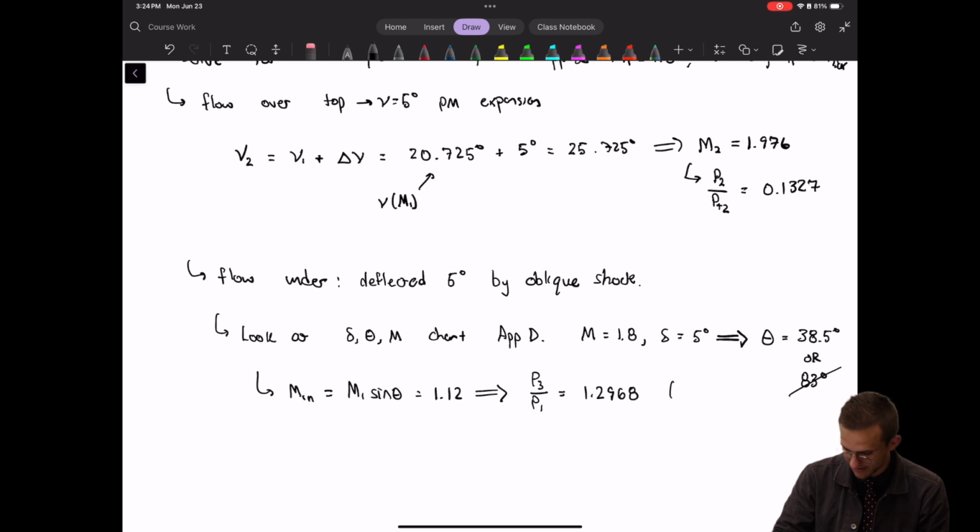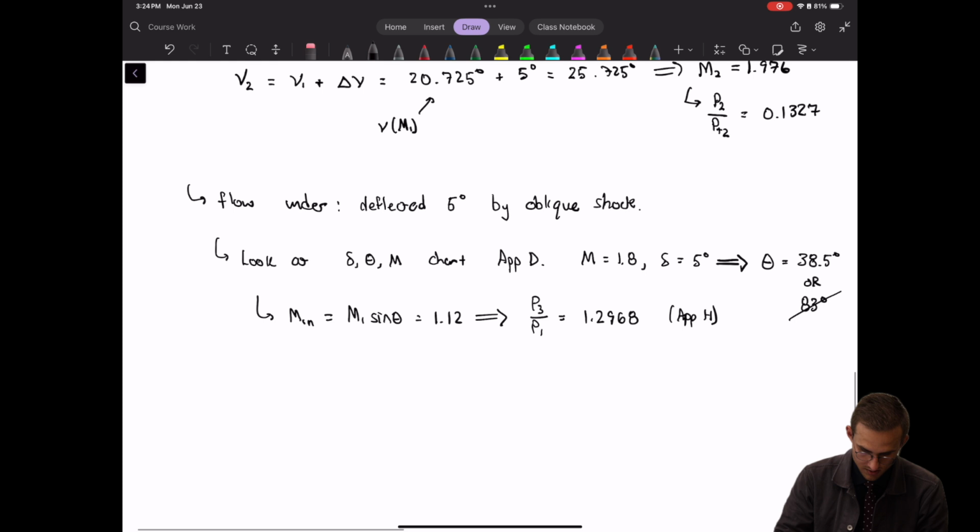Okay, and that is in Appendix H, those normal shock tables. And so from there we know that P3 is just going to be 0.5187 bar,